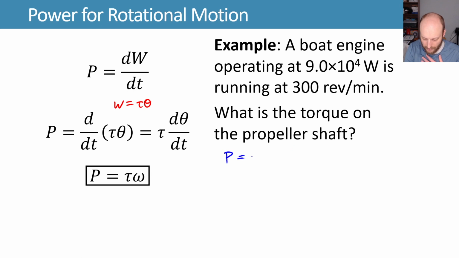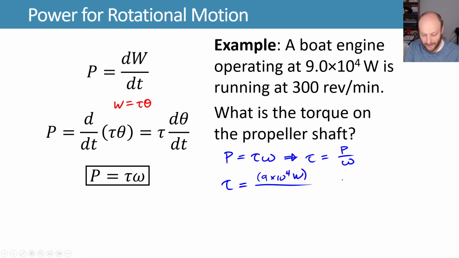Power is equal to torque times angular velocity. I want to solve for torque, so I'll divide both sides by omega, and I can say that my torque is equal to power over omega. Let's plug in numbers. Power is that 9 times 10 to the 4th watts number, and omega is 300 revolutions